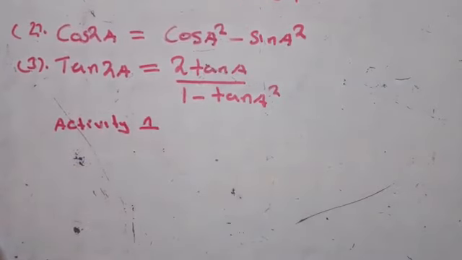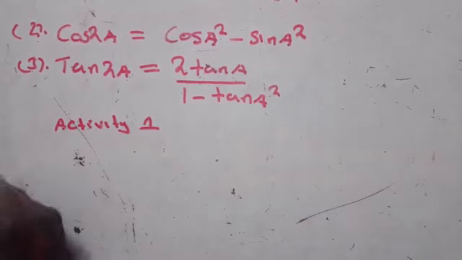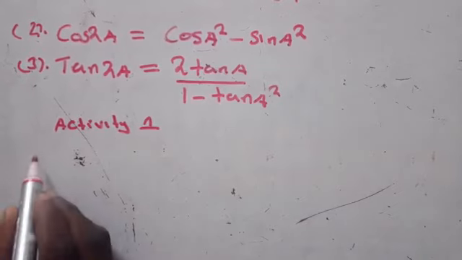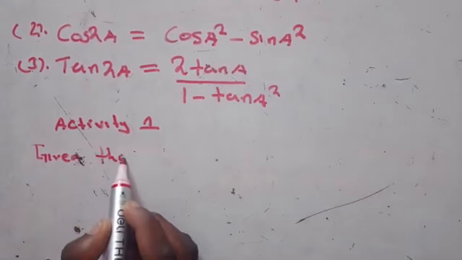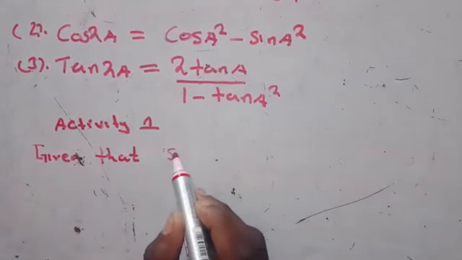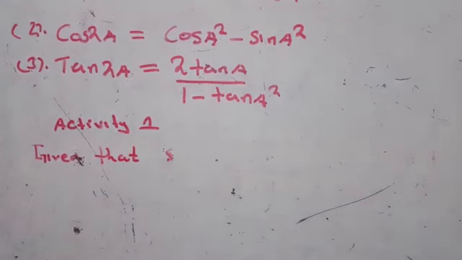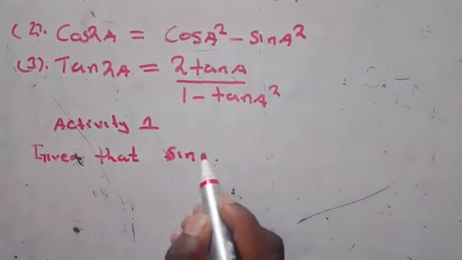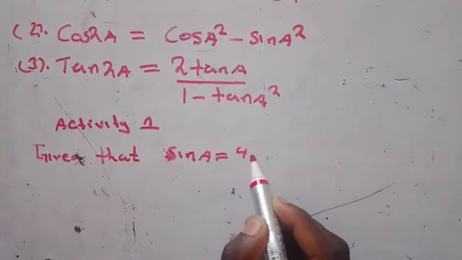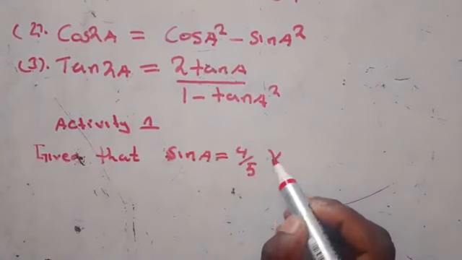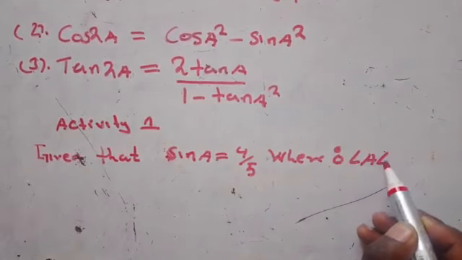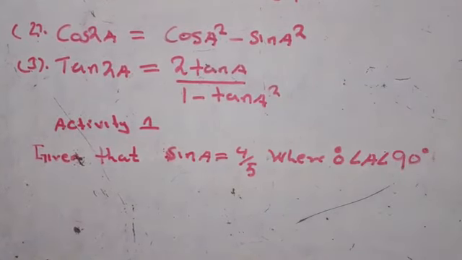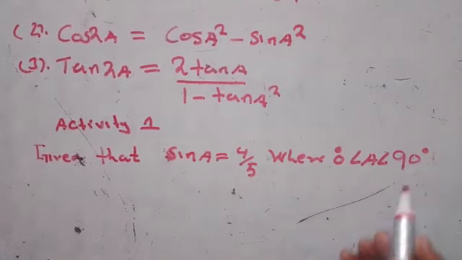Given that sine A is equal to 4 over 5, where 0 degrees is less than A and A is less than 90 degrees, we have been told to